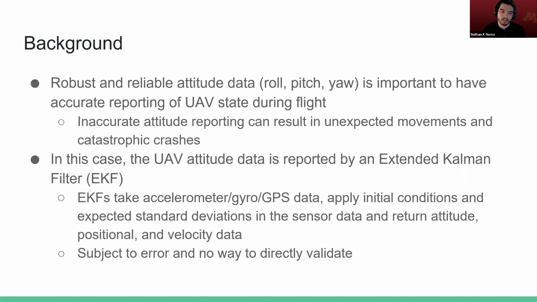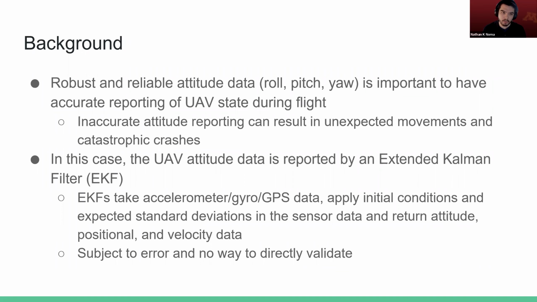One issue with this is that it's subject to error, whether it's calibration or bias error or random error from the large number of data points. And there's also no way to directly validate this, as it feeds back into the flight computer. It's a feedback loop, and so it can't be directly validated by an outside observer